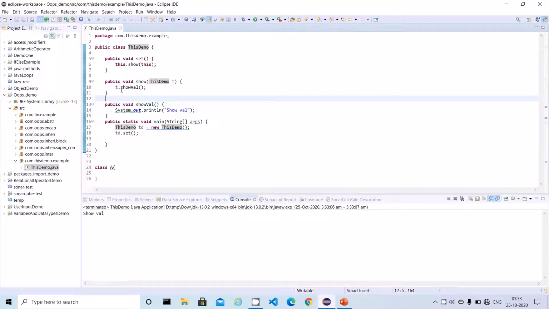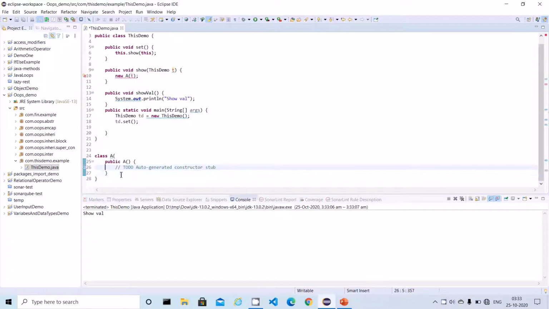So now let me create another object over here, new here. Basically what I want to do here is pass this argument. Let me put over here a. So here I will try to create a constructor, and in this constructor I am going to expect this demo.